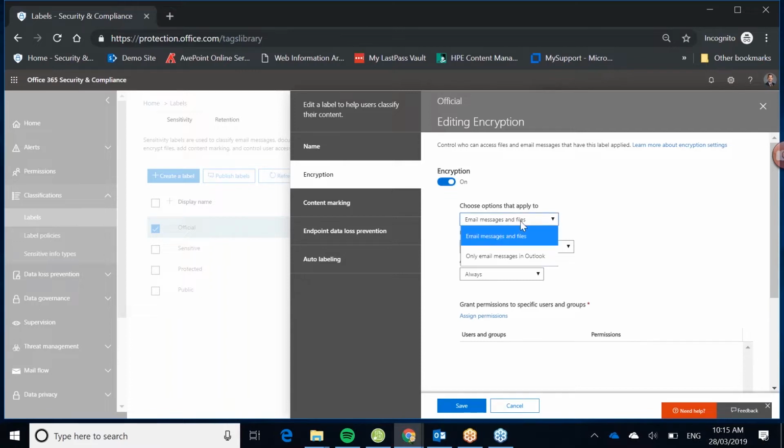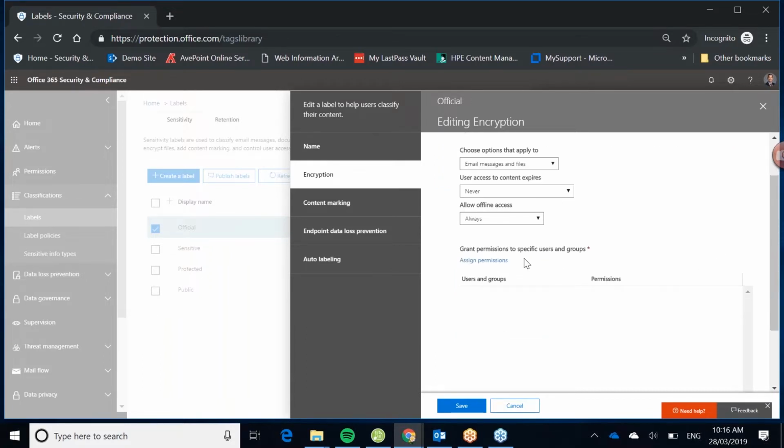So I have a number of options that I can choose around whether or not it's email messages and files or only email messages in Outlook. I can expire access to the content, so I can select a specific date, or I can say that it never expires, or I can put a period of time after the label is applied. And I can also control whether or not the content is allowed to be accessed offline. Here I can then go ahead and grant permissions to the users that I want to specify as being able